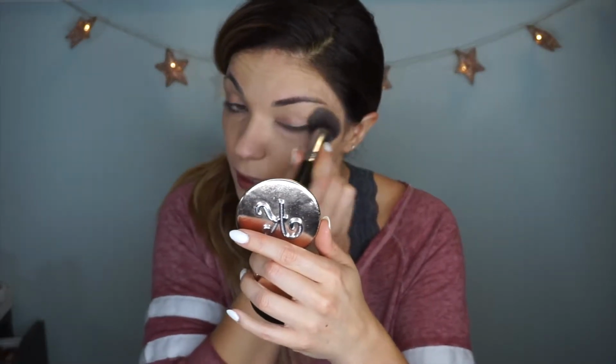So right away, this is definitely more coverage than I'm used to. Not heavy by any means, but it definitely has a bit more of a makeup-y look to it. You can see it looks luminous, but I don't by any means feel like this is as hydrating or, I guess I would say, glowy or wet feeling as my Bare Minerals Complexion Rescue, especially the tinted moisturizer,